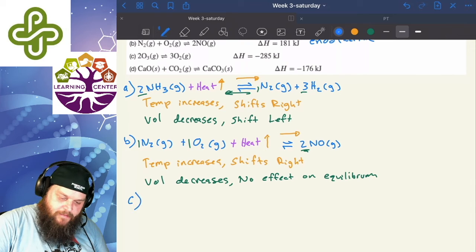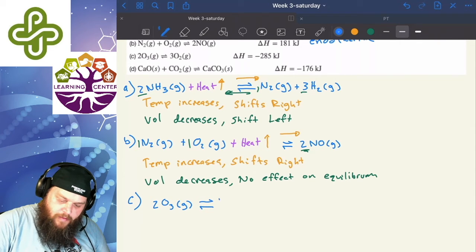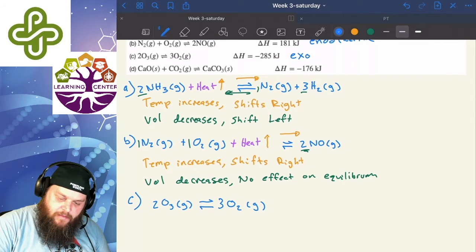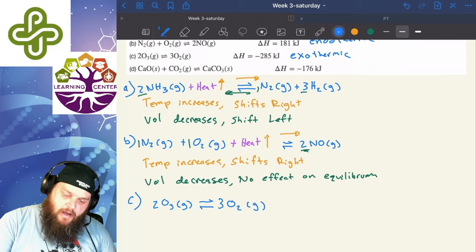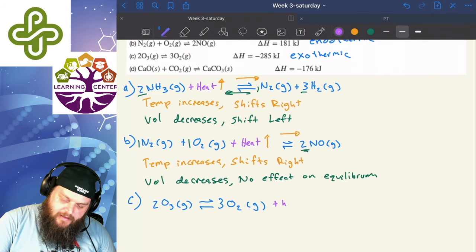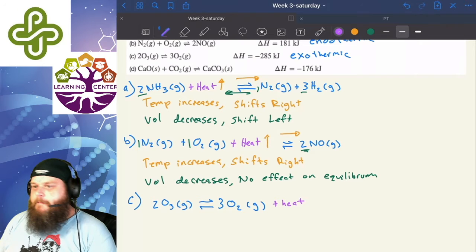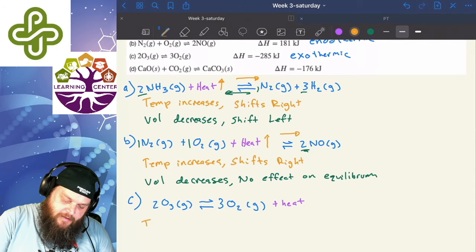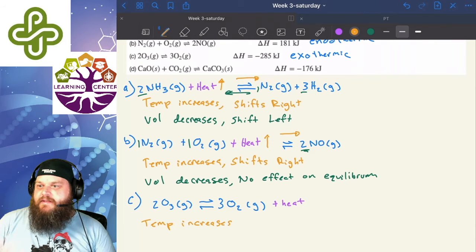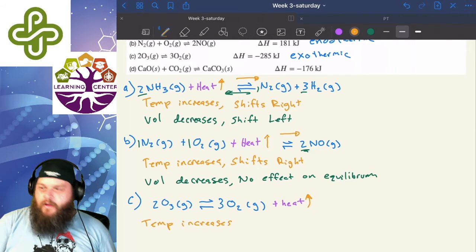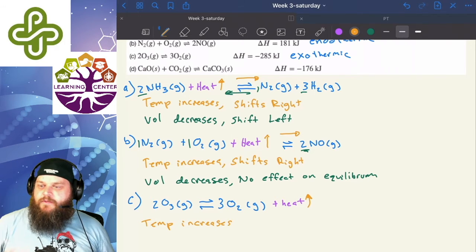Part C, that's 2O3 gas. It's in equilibrium with 3 O2 gas. In this case, it's exothermic, which means it's releasing energy as a product. So I would need to add plus heat on the product side. So now when I increase temperature, we can see, again, the heat goes up. This is going to shift back towards the reactant side because we're adding more of the product,